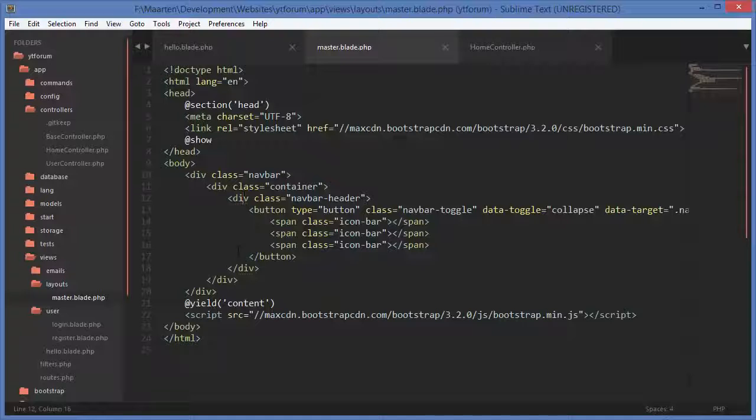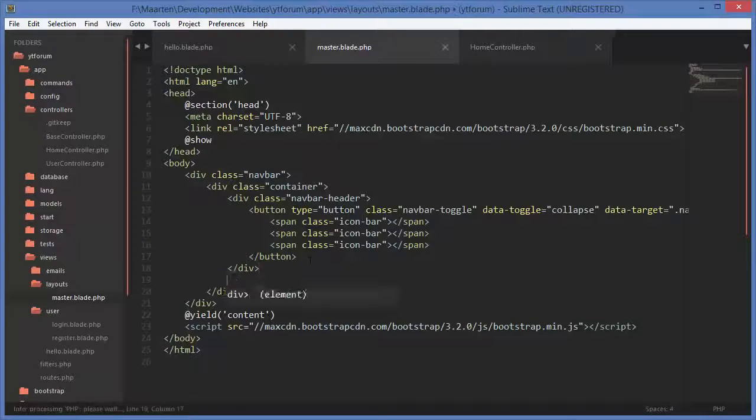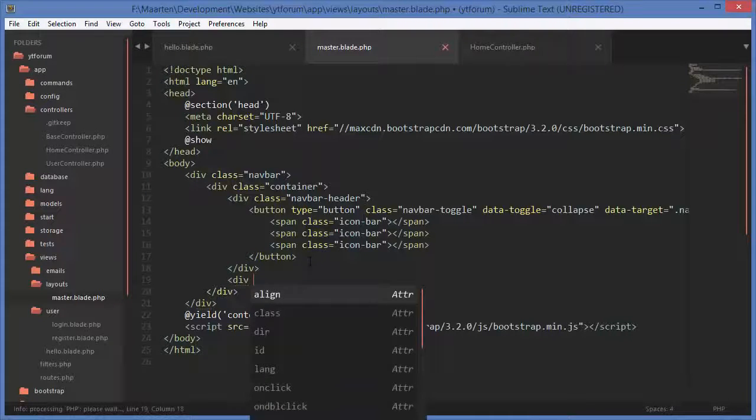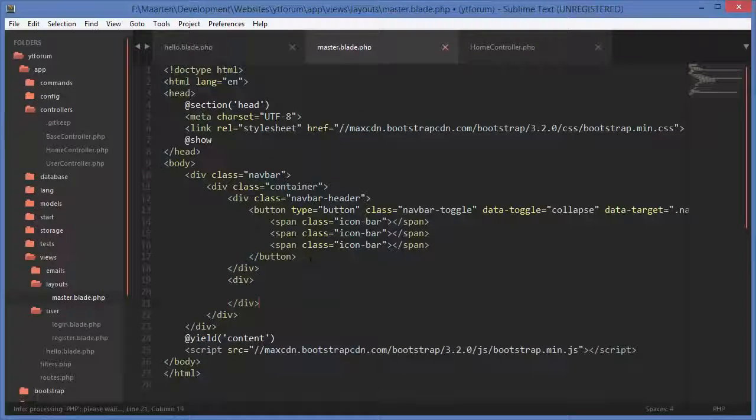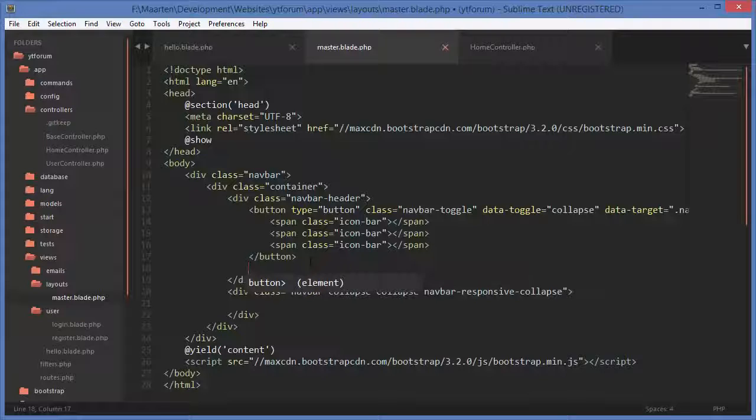So now outside of this navbar header, which is down here, I want to open another div with a class of navbar collapse, and navbar responsive collapse. Awesome. Oh, by the way, in here, below the button, I want to add an anchor tag,